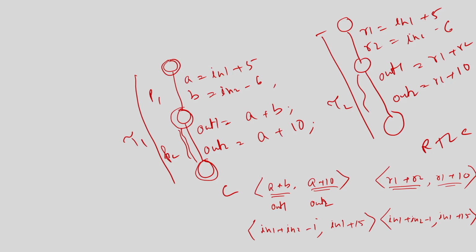Because once you take a trace, I can actually represent my output in terms of the input and constant, right. So, now I can say these expressions are same, these expressions and this expression are same. So, I will say tau 1 equivalent to tau 2. So, the point that I try to make here is that for this problem when we have the C and RTL, since my intermediate variables are completely different, I cannot just compare by intermediate paths, because their expression or representation will be in terms of the intermediate variable and there is no relation available with us.